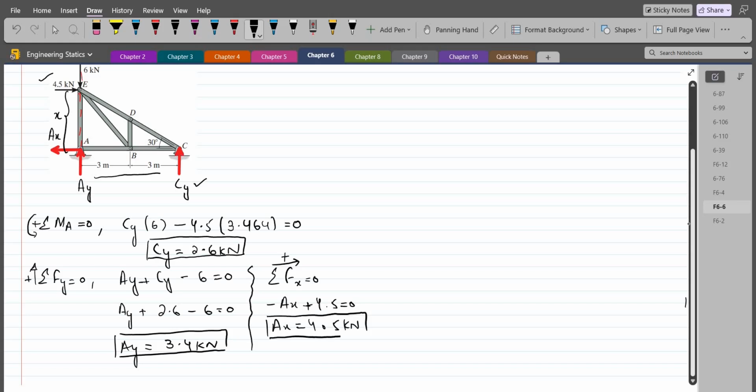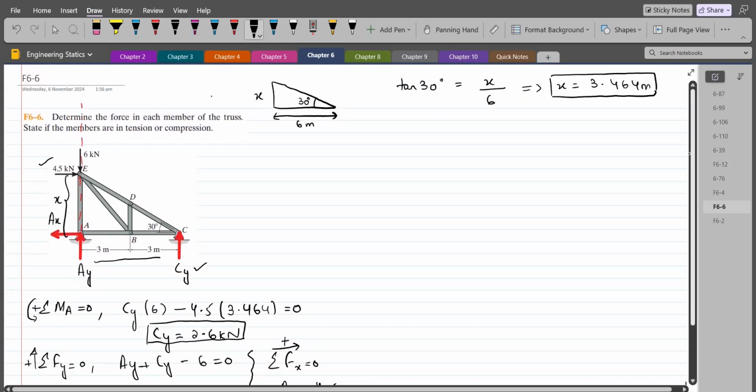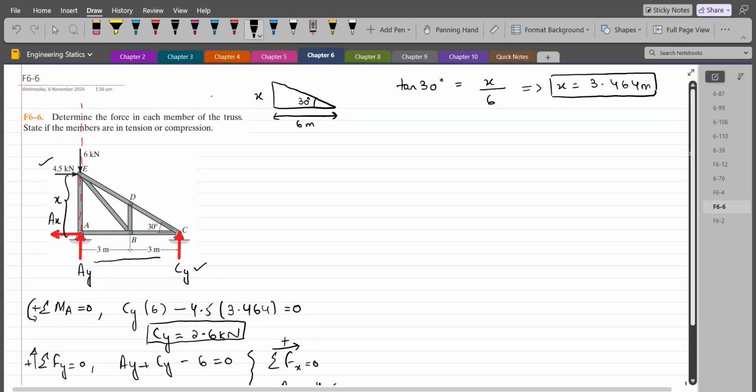And now we have to determine the force in each member of the truss, for which we are going to use the method of joints, in which we will draw the free body diagram of each joint, and then resolve the forces into their components if required, and then apply the equations of equilibrium to get the force in each member of the truss, and to determine its nature as well, whether it is a tensile force or compressive force. So starting from joint A,